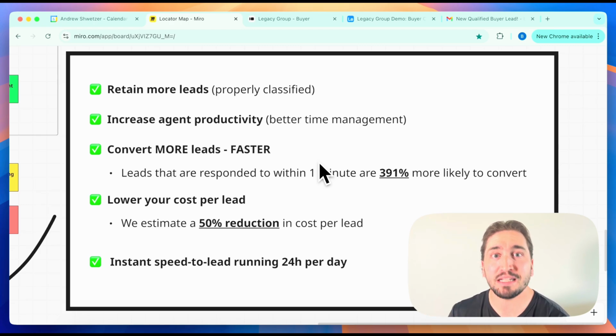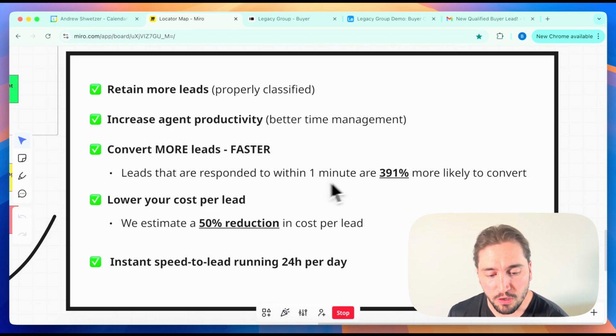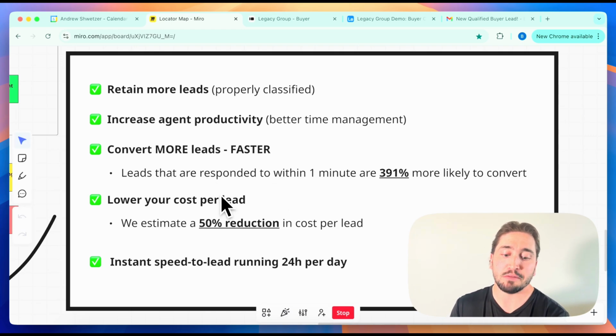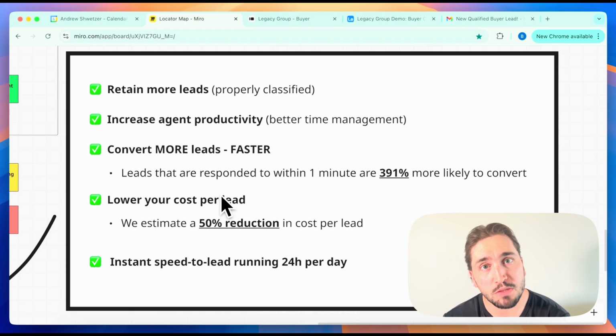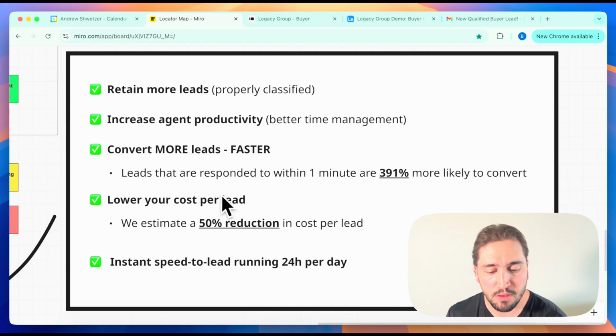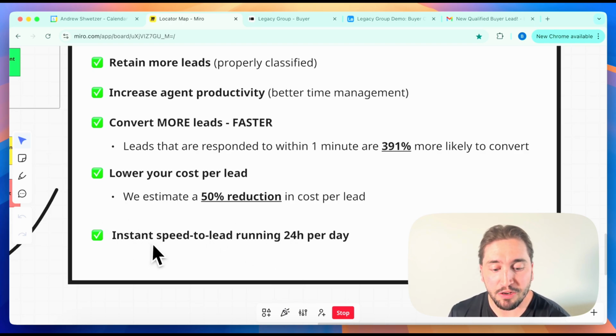It responds instantly and 24 hours a day, 365 days a year, never takes a day off. So that is a huge benefit that AI has over, let's say, a human. You're also going to lower your cost per lead. We estimate about a 50% reduction in cost per lead because you're retaining more of those leads and converting more of them. And like I said, the big benefit here is you have instant speed to lead running 24 hours